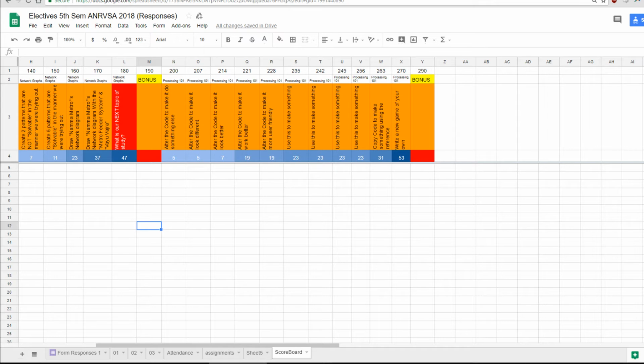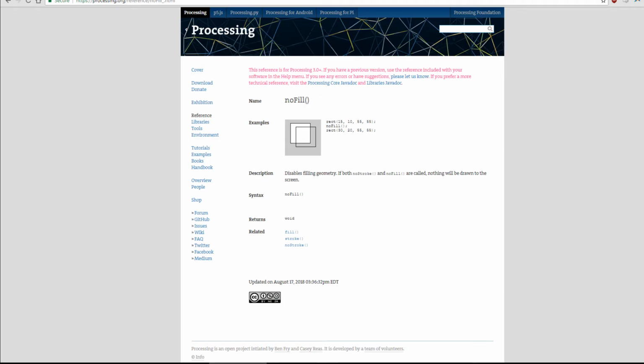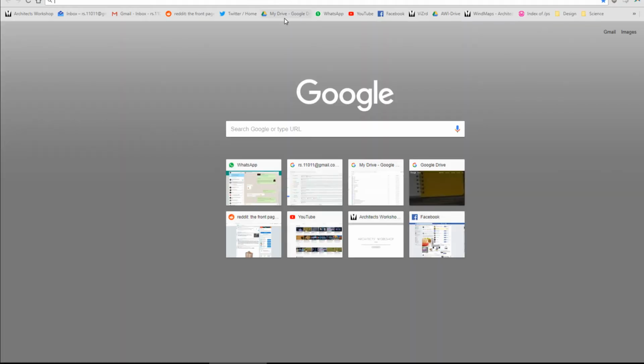Actually, let's just Google something. Okay, wait, where are we? Let's say, what does it do? Disables filling geometry. If both no stroke and no fill, then nothing will be drawn to screen. But let's say my question is